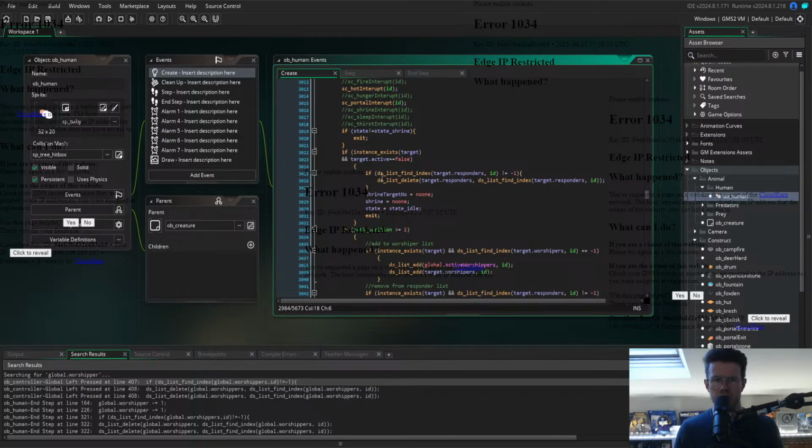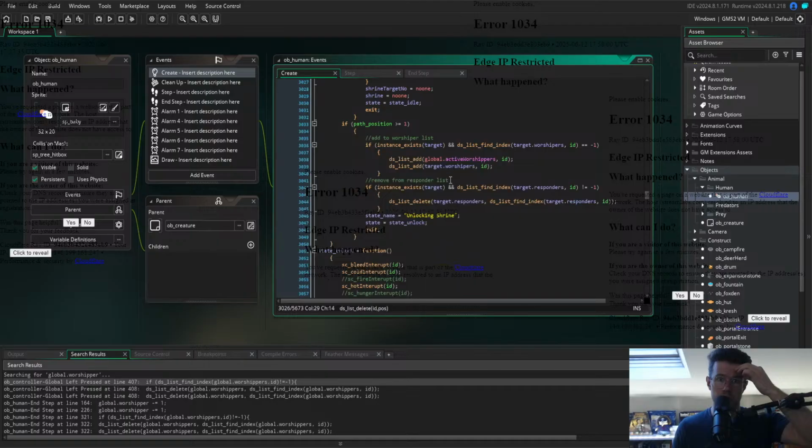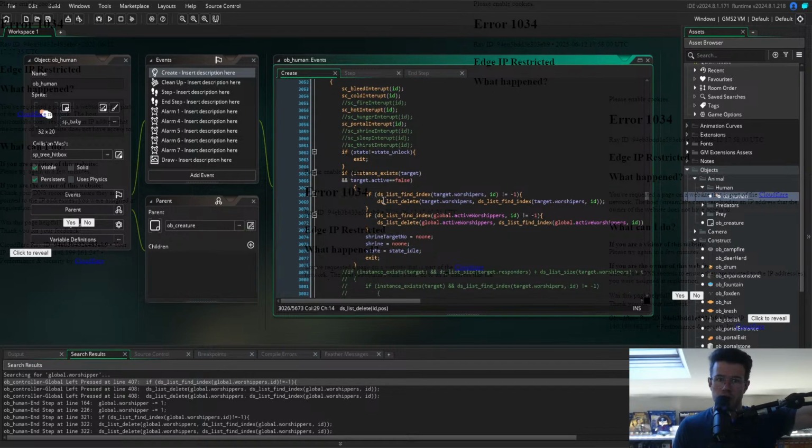So the responders list is still, well, the responders list is the responders list. I'm talking about the worshippers list. With 1p this time, and local, not global. You know, just because we need it to be even more confusing. So